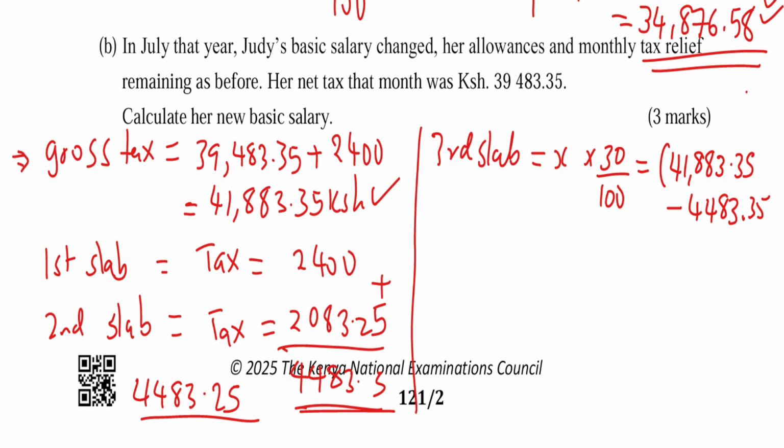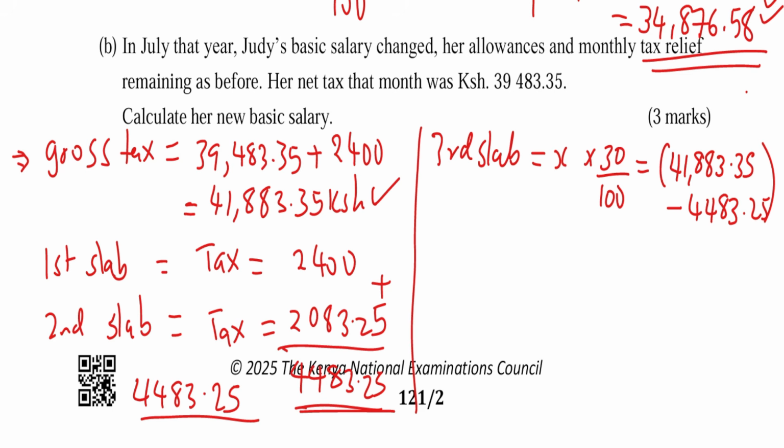Lazima uwe makini katika decimals na nini, hata fractions pia. Any slight deviation might affect your whole answer. So hapa ni 0.25. So if you subtract that one, you get how much? You subtract